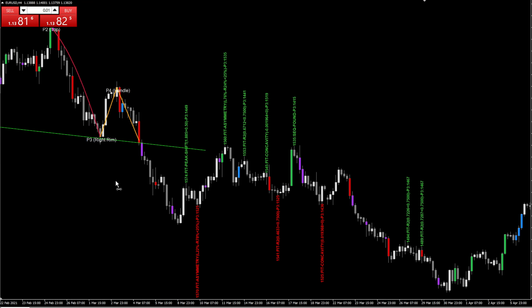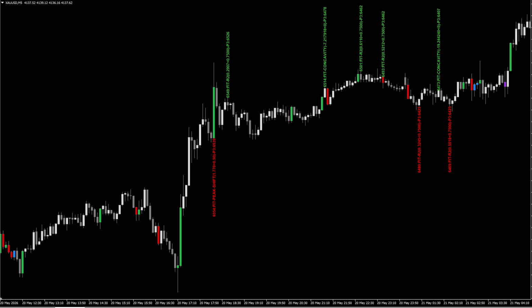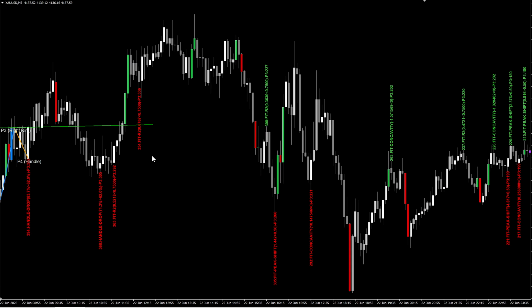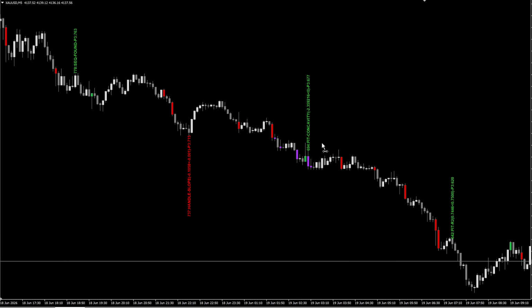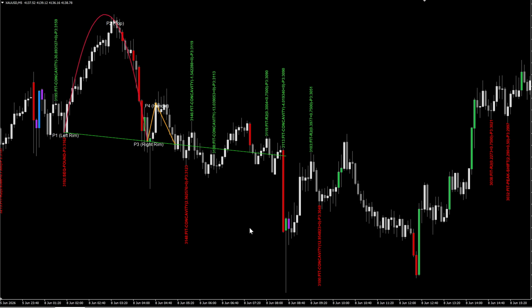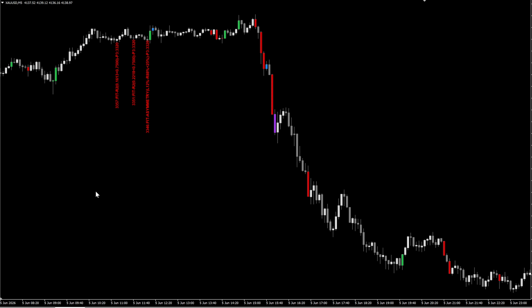And this pattern, it is best traded on higher time frames. So something like H1 or H4, at least H4 plus. Do not try to trade it on the lower time frames like M5, M15. You will still get signals on smaller time frames like M5, but those signals might not always be that great, because on M5 and smaller time frames there is a lot of noise. So I would suggest that you use this on at least higher time frames like H1, H4, and best would be D1.